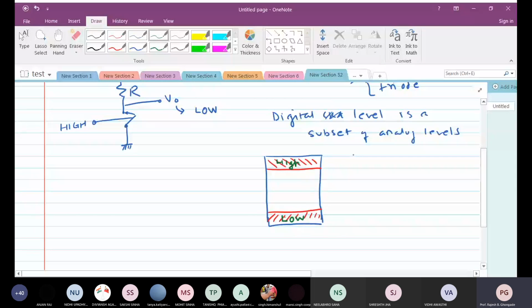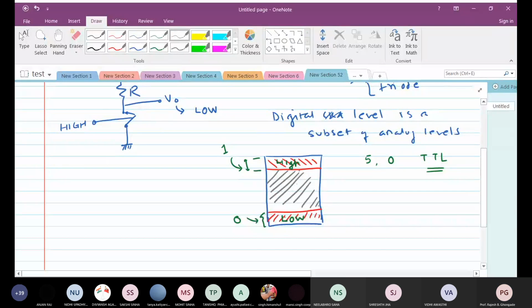Remember always that you will never get exact 5 volts and exact 0 volts if you are talking about TTL. But we have this range of voltage being recognized as high or logic 1, and this range of voltage being recognized as logic 0. This is for our convenience, so there won't be any effects as far as the noise is concerned, etc. This region is the forbidden voltage band.